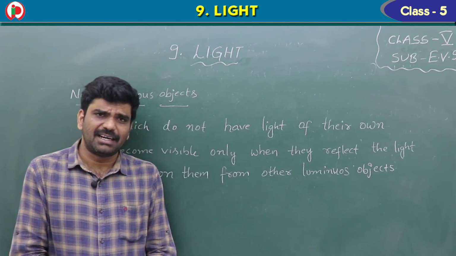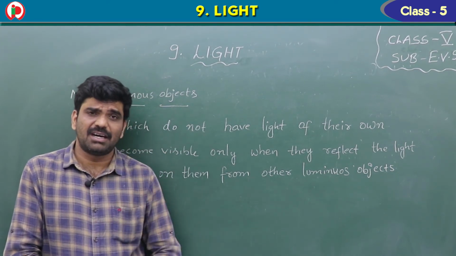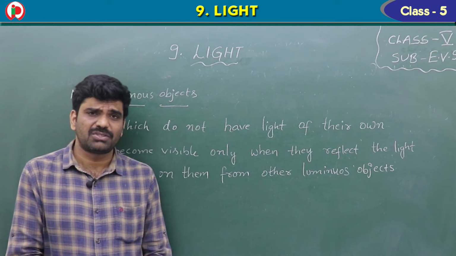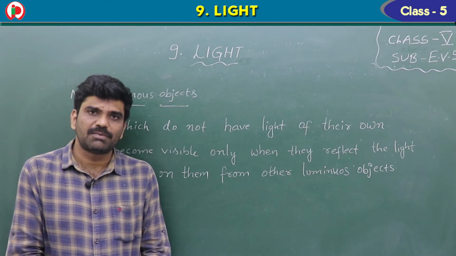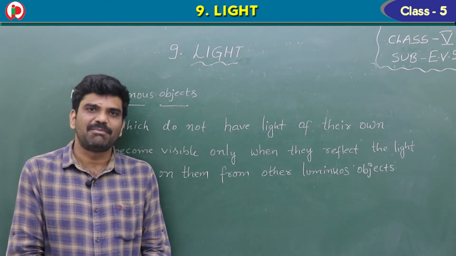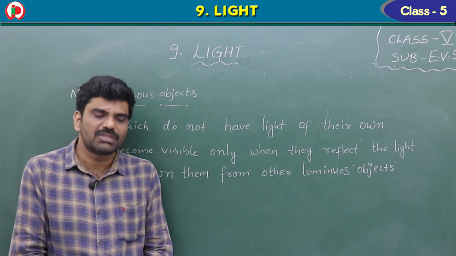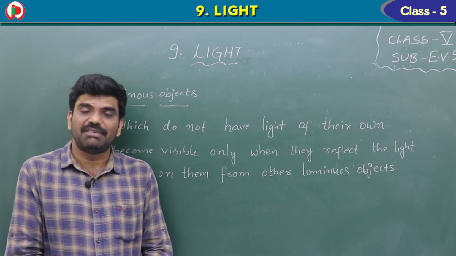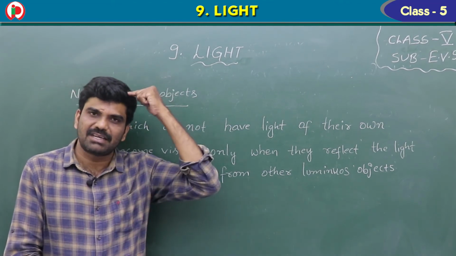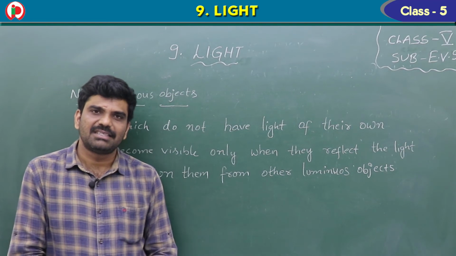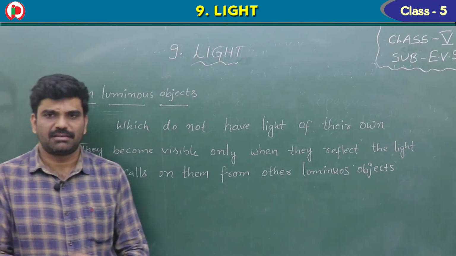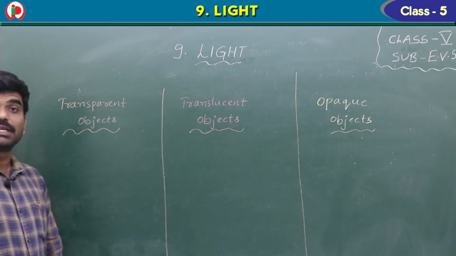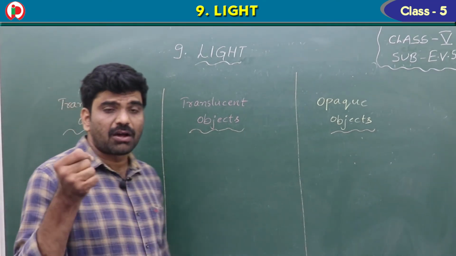But if you take the earth, or the things that are present in the earth, or the blue sky, the red rose, the flowing water, they cannot produce light. But we can see them. How is it possible? Simply, all these objects bounce back the sun rays, which enter into our eyes. The message is sent to the brain. We can easily see the things. Understand?